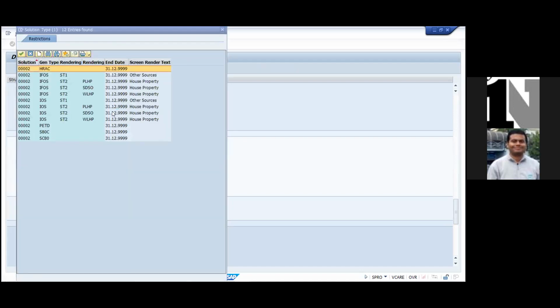Okay, this is interesting. Can you guess which info type it might be? There are shortcuts there on the right hand side. Also, they have written some kind of other sources and house properties. IOS, which info type can you recall?